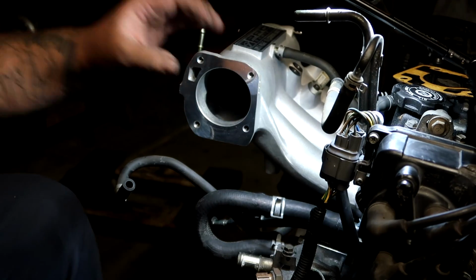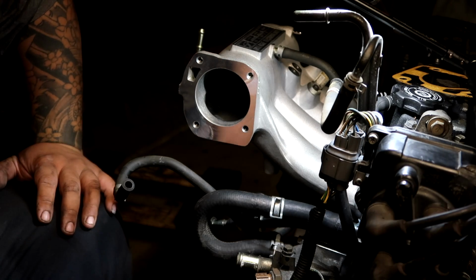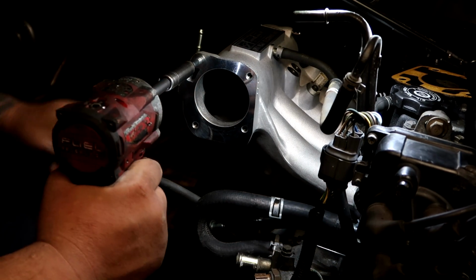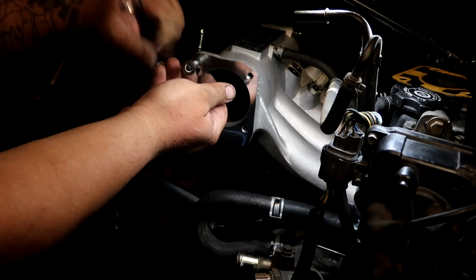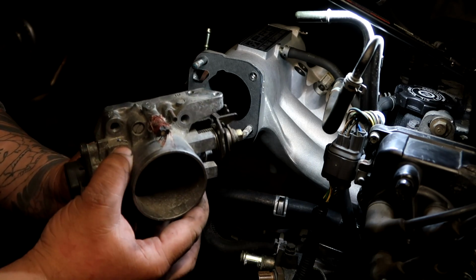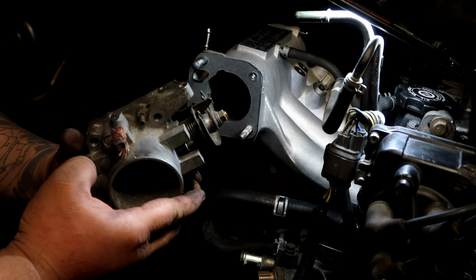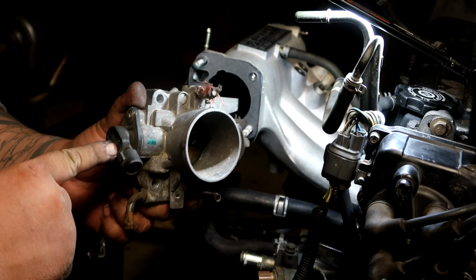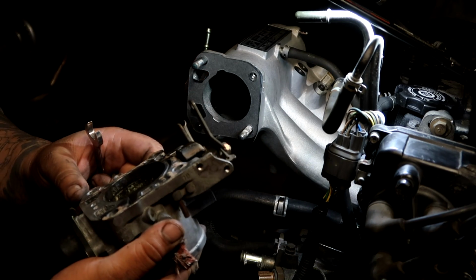All right, throttle body. Now, because this is a new manifold and we're not running the giraffe one, we don't have a throttle body, but he did provide me one here. And before I install it, I'm going to put the studs on. What I did notice is this is an OBD0 90-93 Integra throttle body, and the way to really distinguish is OBD2 and OBD1 throttle bodies have the MAP sensor integrated into the throttle body. You can see right here we only have a TPS and no MAP on top, because the DA and the EF have their MAP sensor on the firewall. This will work, but